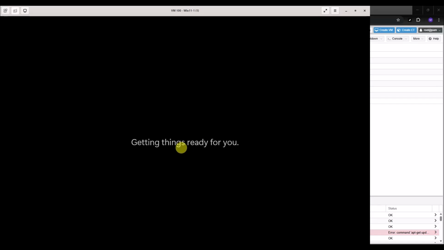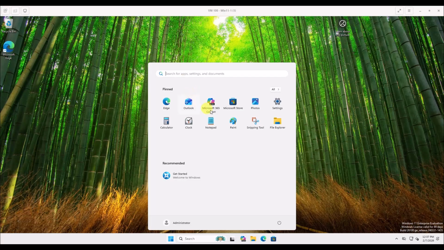It shouldn't take too long, but once we get through that, we'll get logged in. Okay, as you can see, we are logged in as administrator, so we were able to successfully log in with that domain account. Now, just to show what we can do, we'll select Power and go ahead and restart